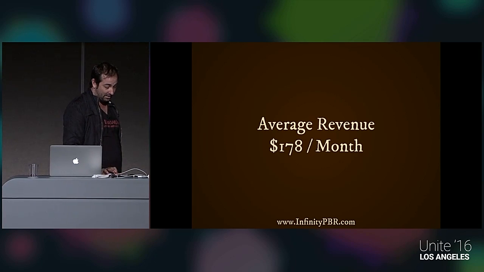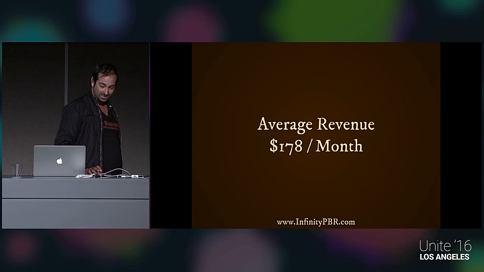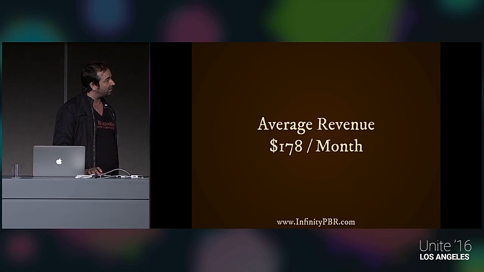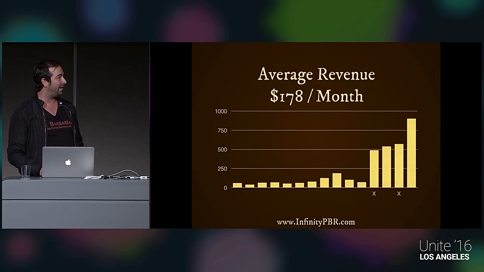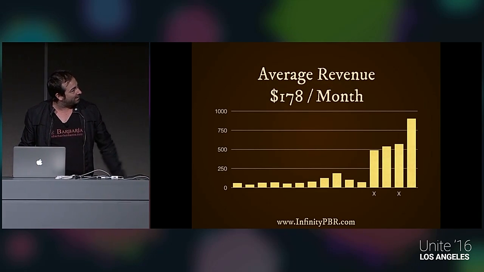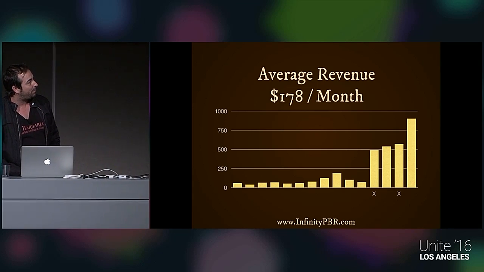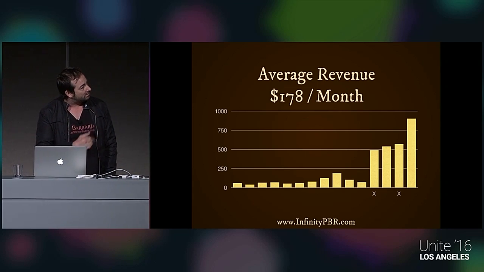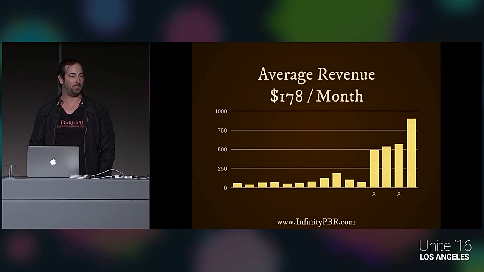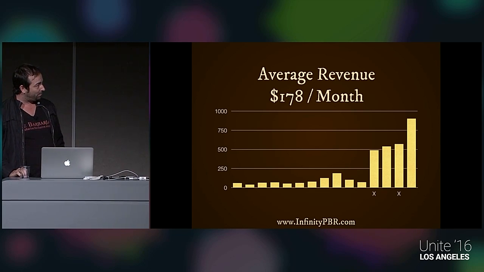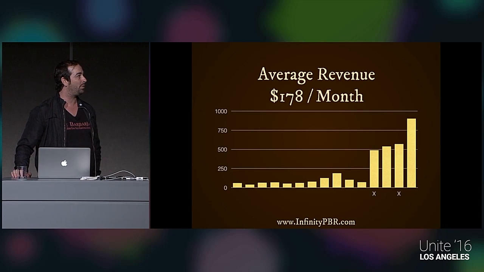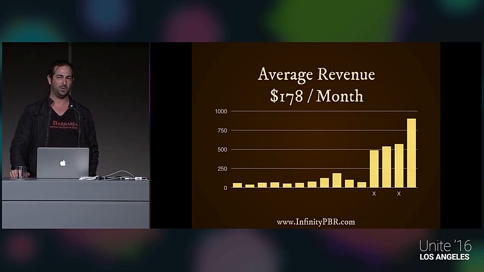Let's see, in the $178 a month, that's the average revenue. It's misleading, actually. If you look at the actual history, that's how much each character package is made. But way at the right there, you have the dragon at the top, and the human, number 3, that's the average per month. And the 2 X's there are the demon and the devil package. Those have each been out for less than a month. I think the demon has been on the asset store for 2 weeks or so.